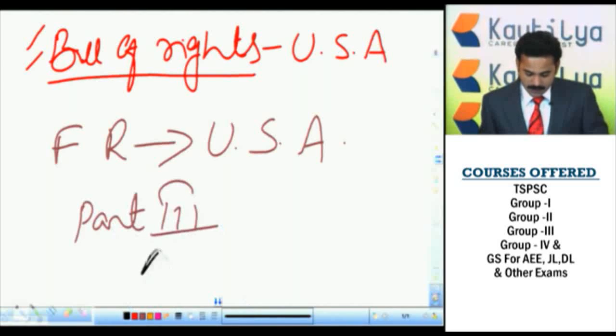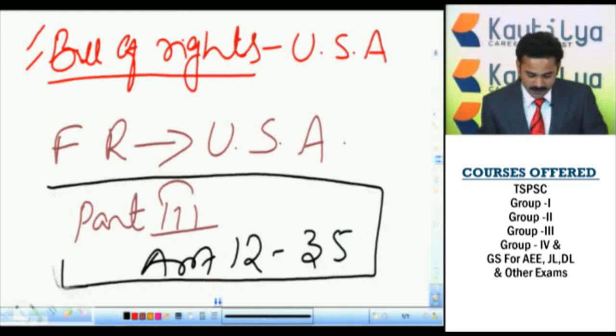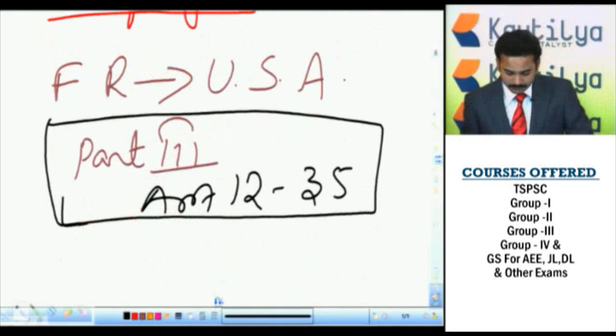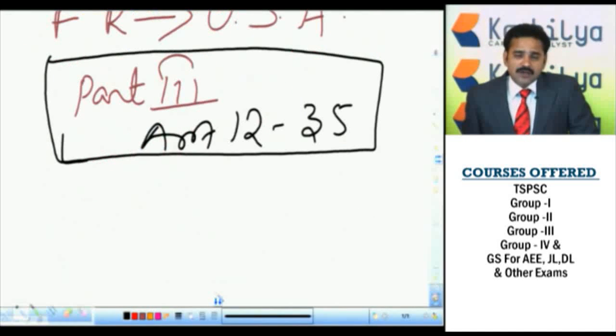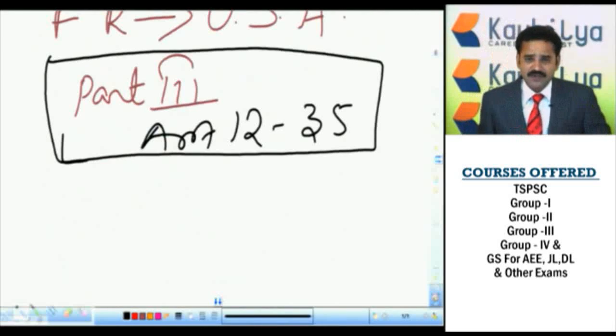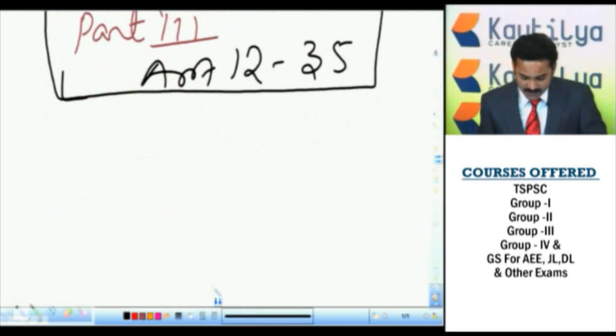under Articles 12 to 35. Part 3 and Article 12 to Article 35 of the Indian Constitution deal with the fundamental rights. Here the Constitution itself classifies the fundamental rights into 7 groups. This classification was made by the Constitution itself, not by ourselves. The Constitution itself classifies the fundamental rights into 7 groups, namely: